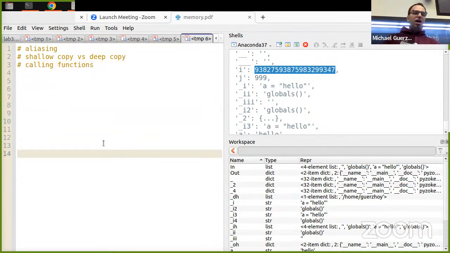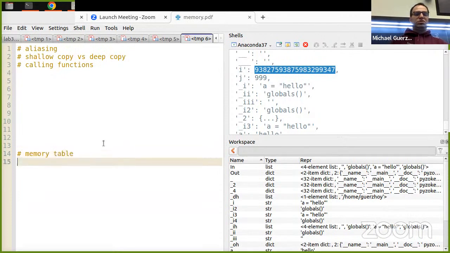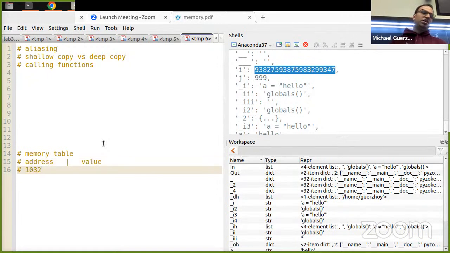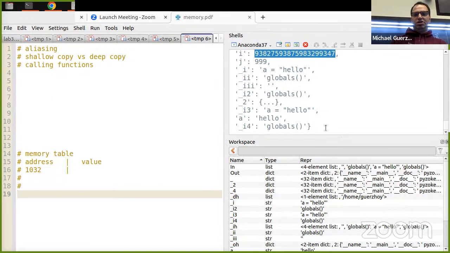So, just to give you time as well, I'll make a memory table and a variable table. The memory table would be like this. In the memory table, it's address and then value. And I start, the addresses again are kind of arbitrary, so I usually just start with 1032. I'll write a little thing to automatically give me the addresses.